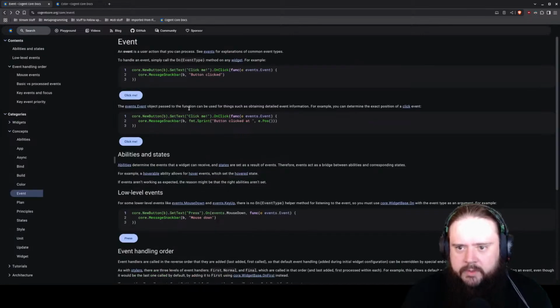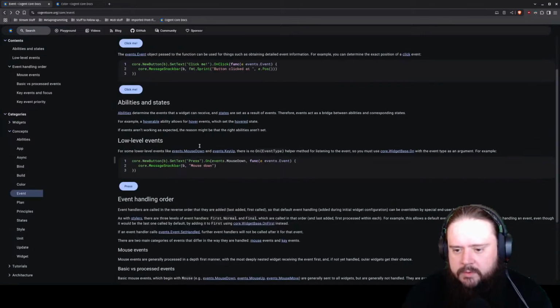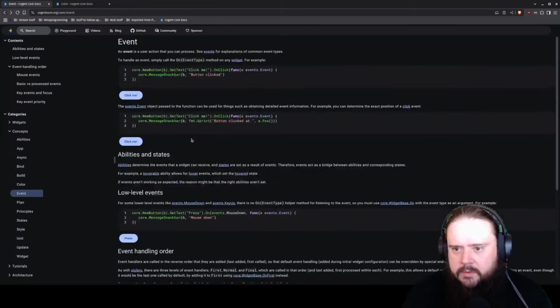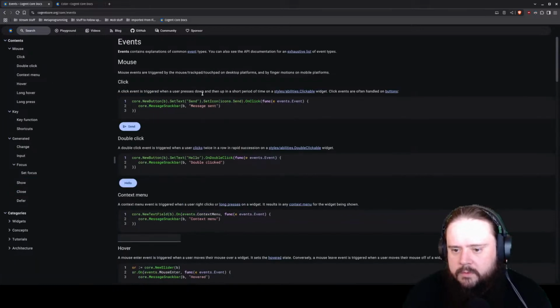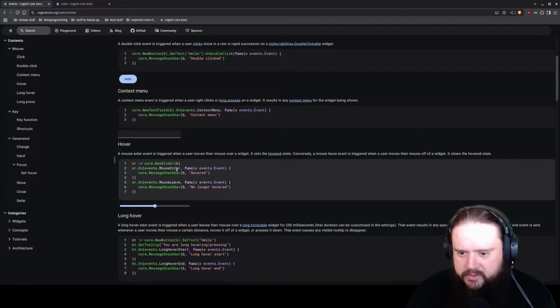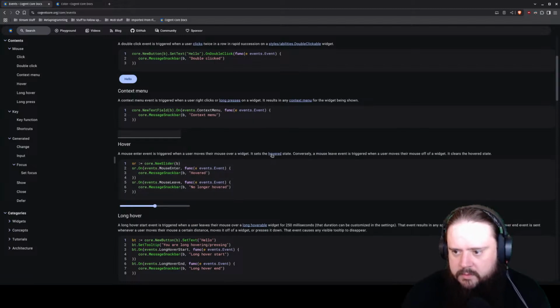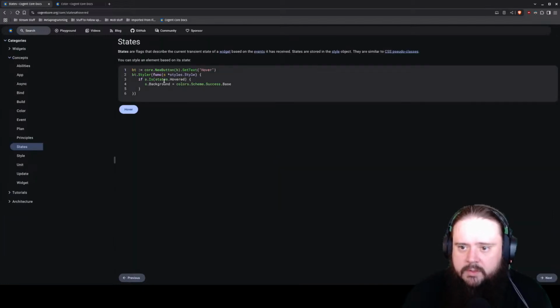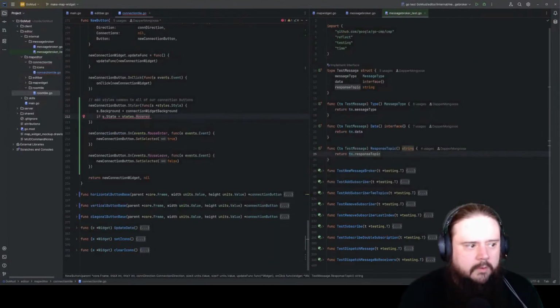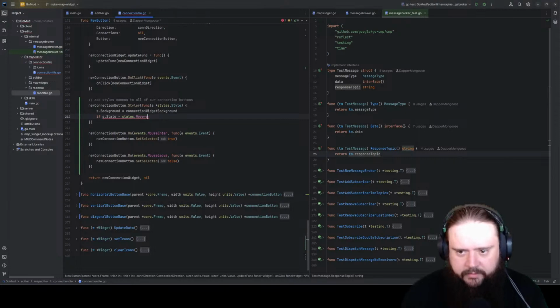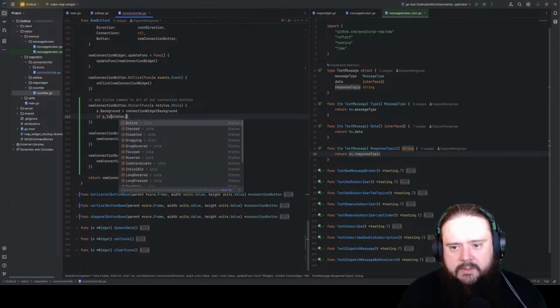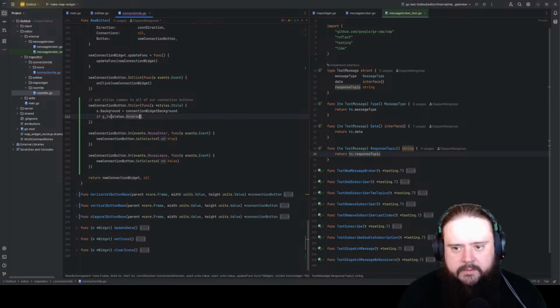Is it back one? Hover. There it is. I just scrolled past it. Hovered. State. So it's if s dot is dot hovered